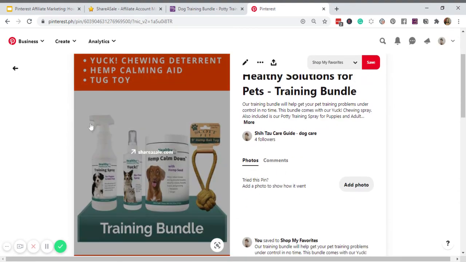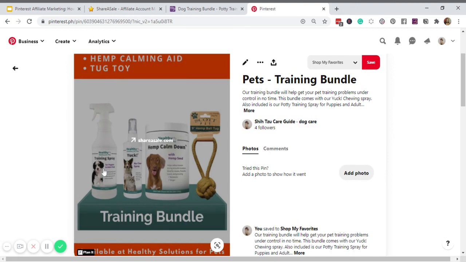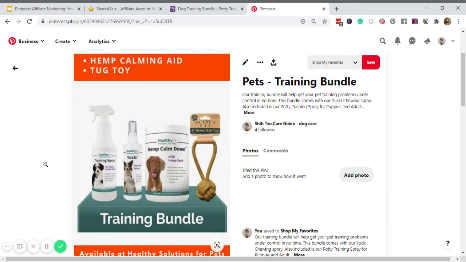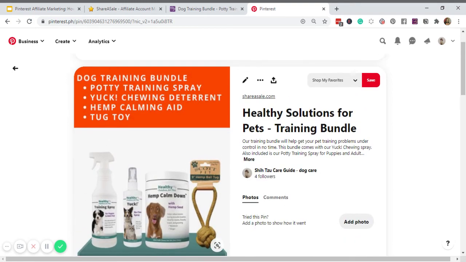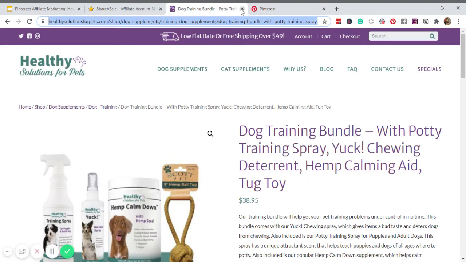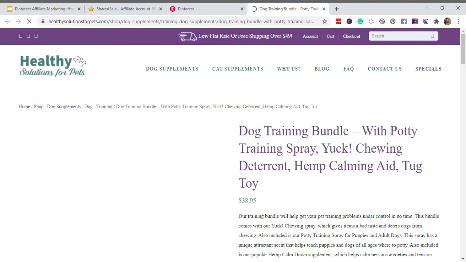Now, I didn't just copy and paste the image. I created this layout using Canva just to make it look more presentable. There. And there you go. That's it. So when someone clicks, let me close this. So if your visitor clicks this, they will be redirected to the website. And then if they purchase, you get commission. That's a sale for you. There. And that's it. So that's my affiliate link.